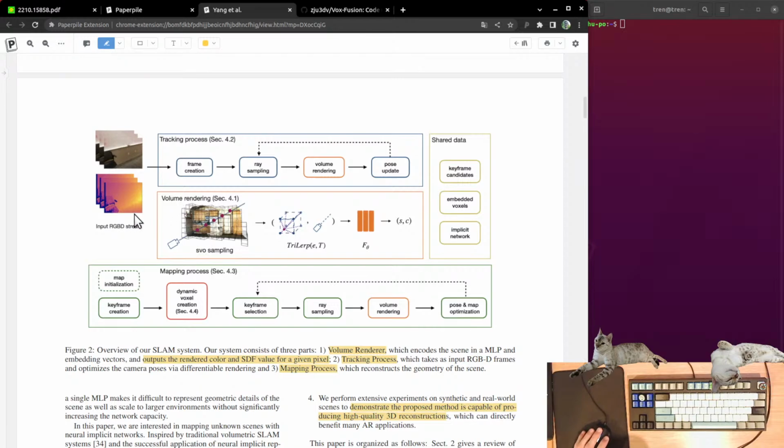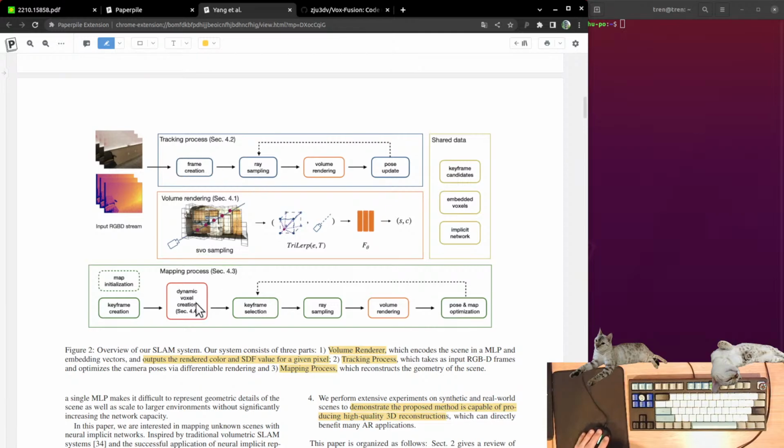Having an explicit depth stream like this usually means it's not just a normal camera, right? Either it has some kind of structured light depth sensor or time of flight or something. Maybe, I think the most recent iPhones have these type of sensors on them too. So it's one of those. So they take these frames,